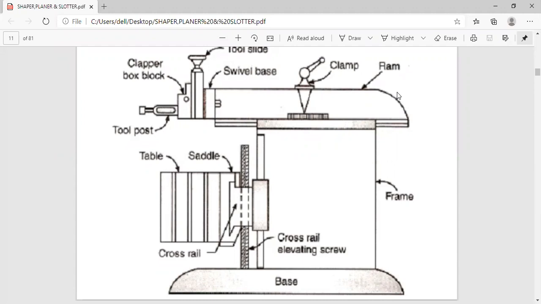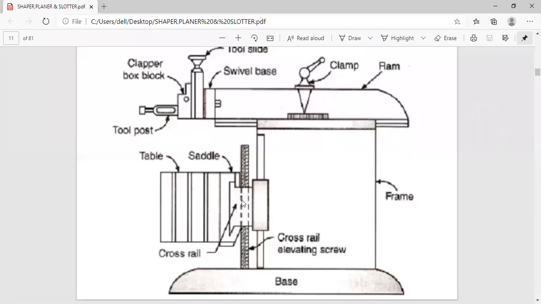On the other side, we cannot show it in this particular type; in the actual machine, we cannot show that. On the other side, we have the lid, because we have to have lubrication and oiling for the internal mechanisms, since you have to frequently go for maintenance or oiling of this machine. What is the cross rail? The third one is the cross rail.